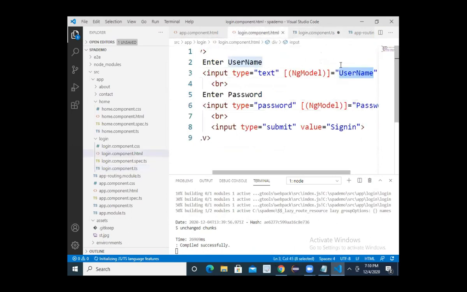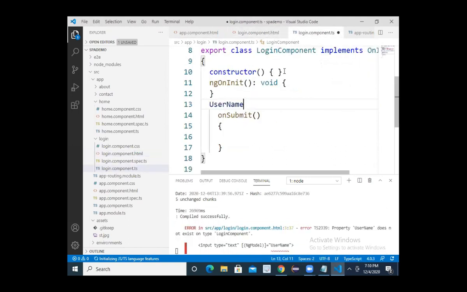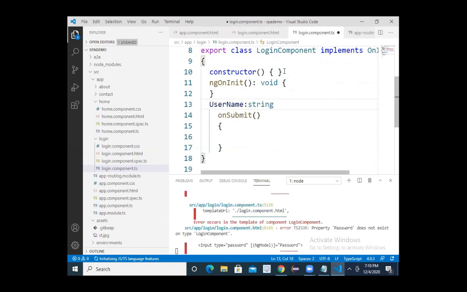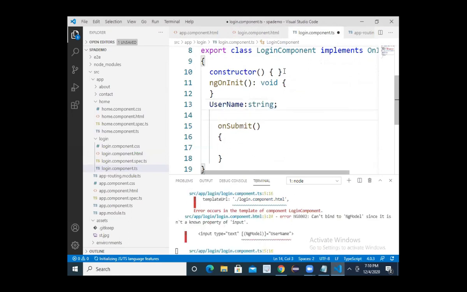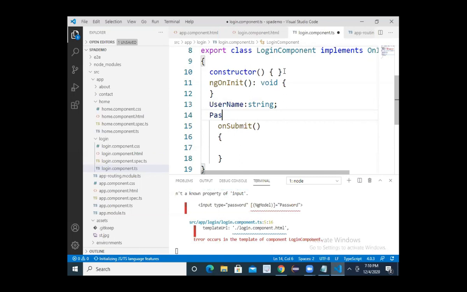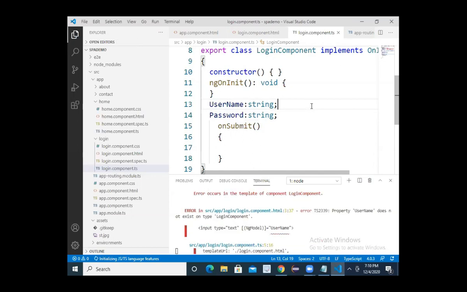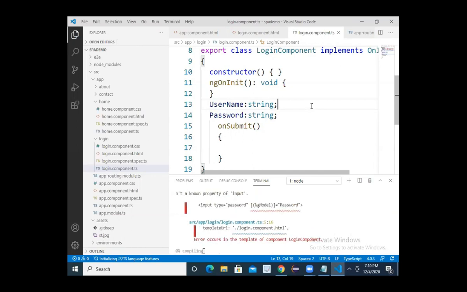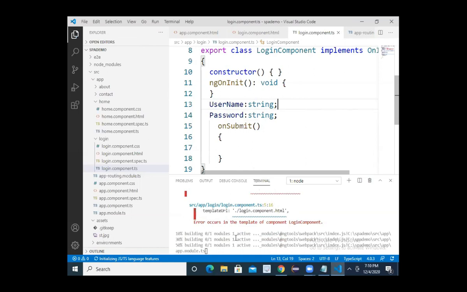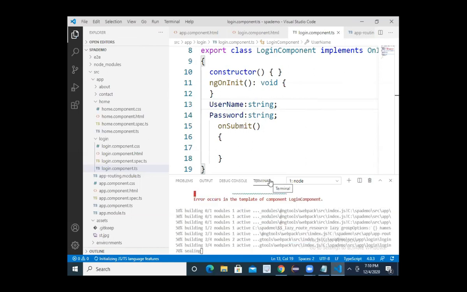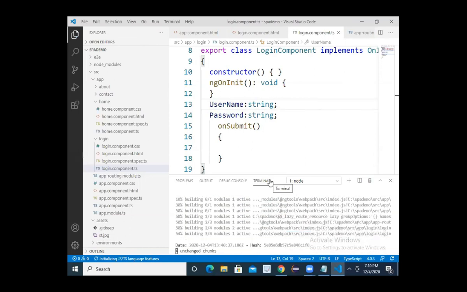Here you can give username colon string. I got the error because I had not declared the variables. Password colon string. Now the errors are rectified. Save it. Compilation is successful. Every time you do any modification, the code will be automatically compiled.